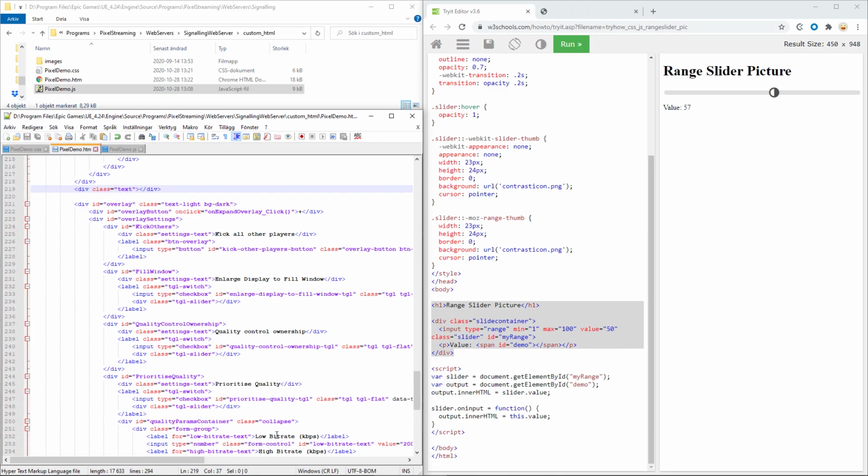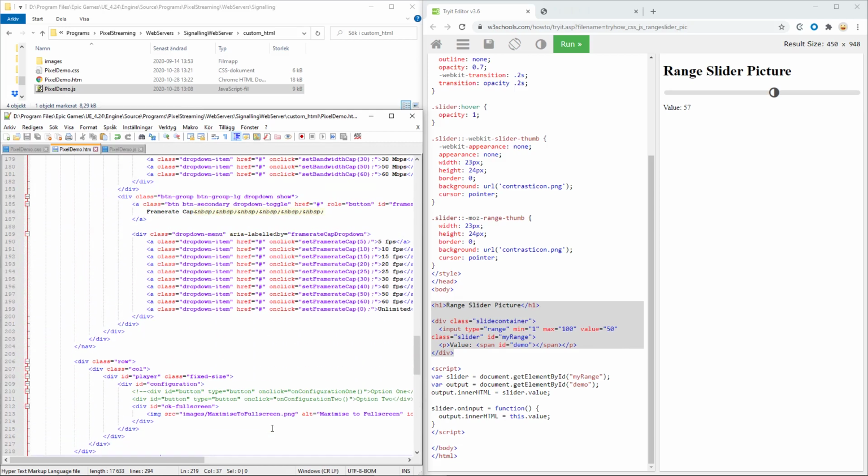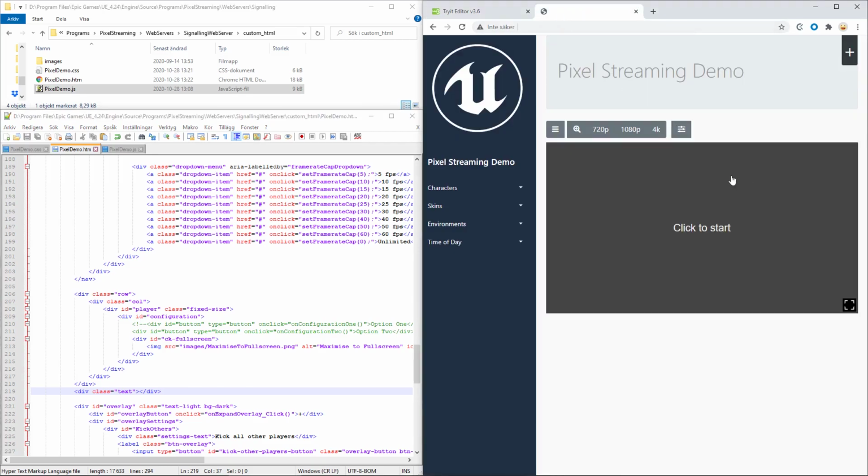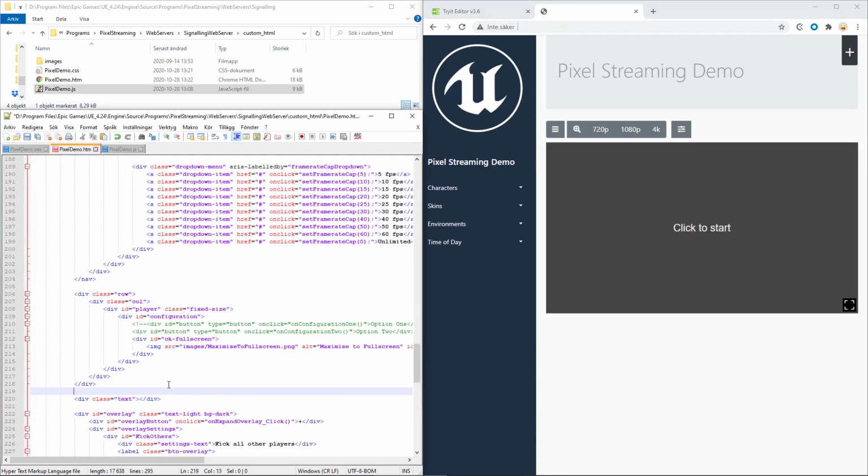Now, what I know is that just below the part where it has a div with the ID player, it is this part right here. So what we can do is just add this directly under.